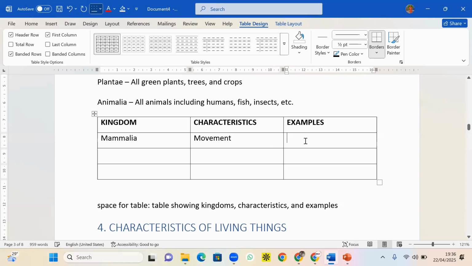Movement. Example is man, bird. All these are animals. The next kingdom is kingdom what? Let's look at kingdom Animalia. The next kingdom is what? Let's look at